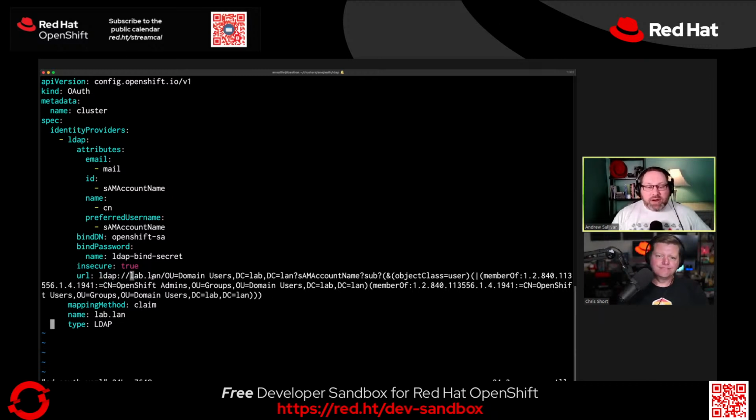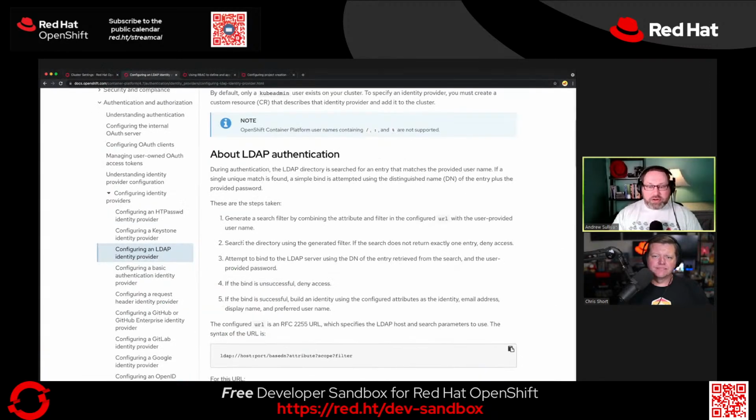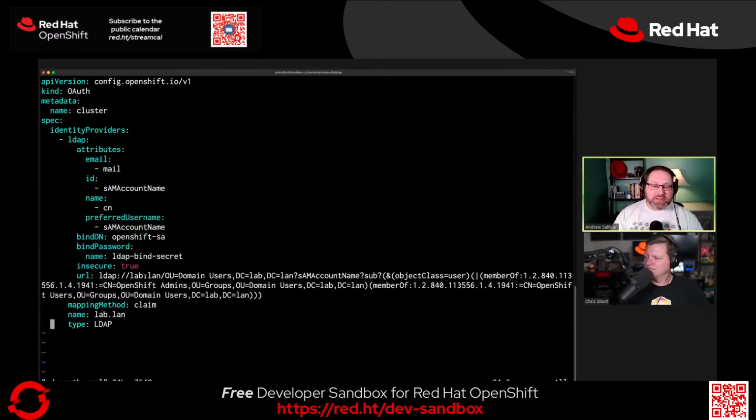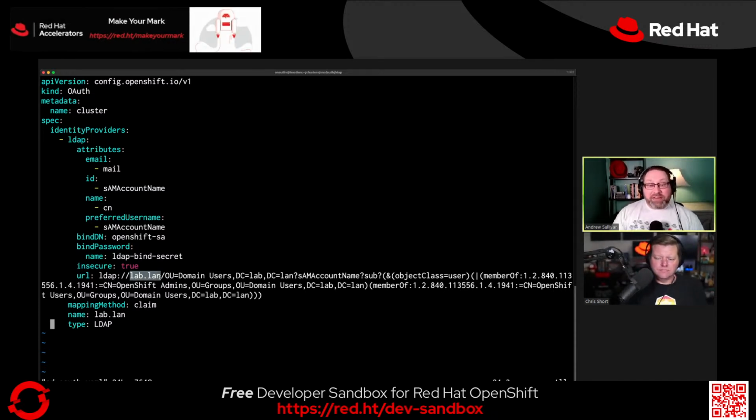So the next part of our LDAP URL here is the name of the LDAP server you want to connect to. You'll note here that I used the name of my domain. In Andrew's opinion, and we don't say this in the docs, the docs just say what is the LDAP server you're connecting to, host and port. Many of the examples show connecting to a specific server instance. My personal preference is to use the name of the domain. The reason is that Active Directory will automatically resolve that to whatever domain controller is at the site